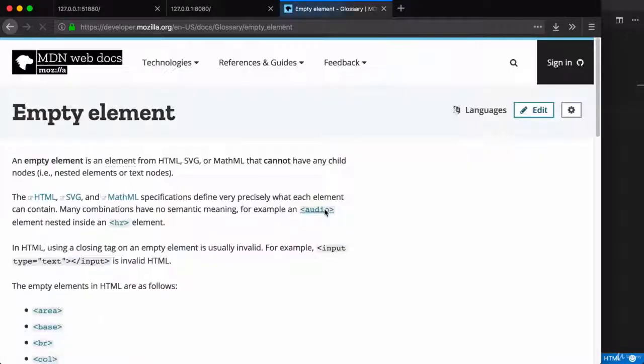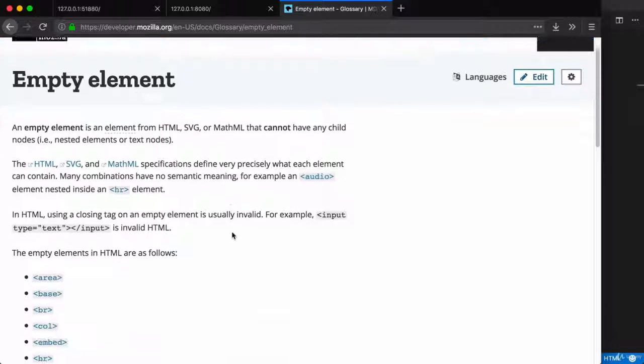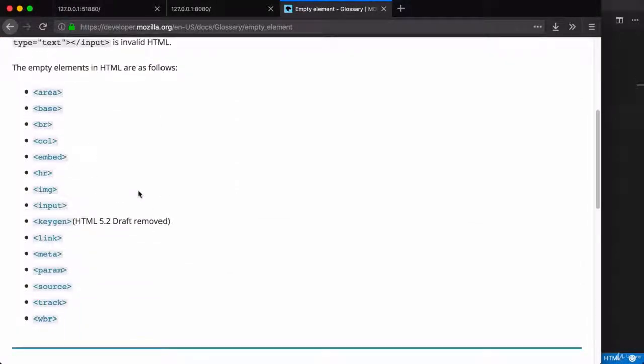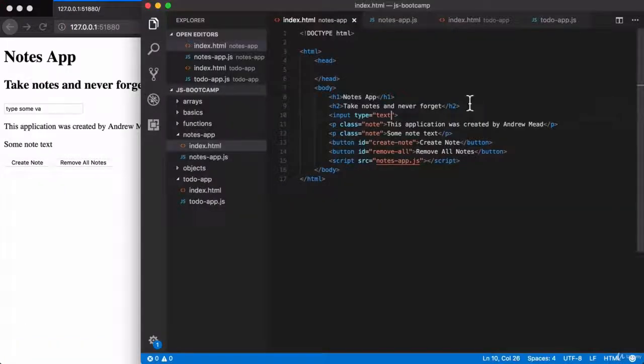If we click this link, we can actually get brought over to a list of all of the elements in HTML that are considered empty elements. Here we have maybe 18 different ones, input being one of them. Now let's go ahead and switch over to JavaScript and figure out how we can attach a meaningful event onto